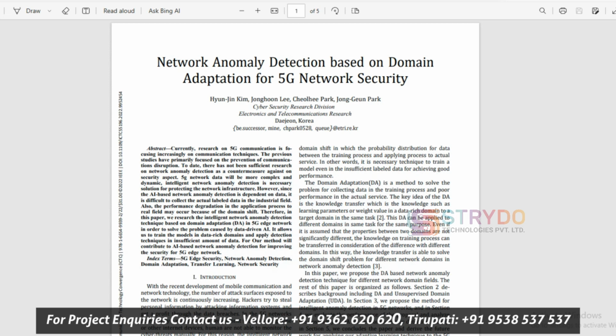Hi, in this video we are going to see a Java project on network anomaly detection based on domain adaptation for 5G network security. So let's see what the proposed things by the author are. Here you can see the 5G edge network, where the contribution is based on AI-based network anomaly detection improving the security